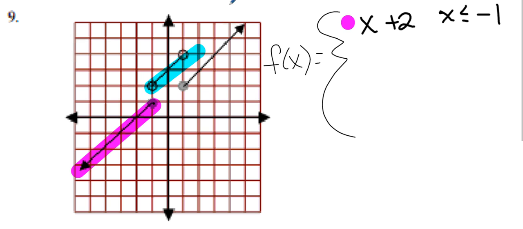So first off, I'm going to have an x. There's an ending and a starting point, so you know you're going to have an x in the middle with 2 things on this side. So looking at the graph, I'm starting at 1, 2, 3, so it's going to be plus 3, and the slope is up 1 over 1, so it's just x. Now I have to look at my restraint. So it starts at negative 1, and it goes to the right of negative 1, so it's going to be negative 1,